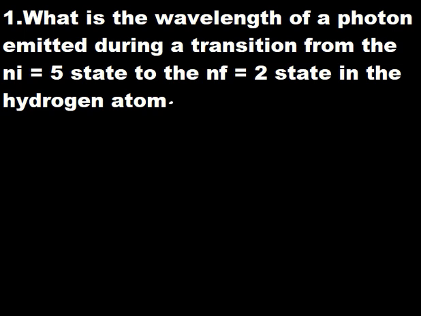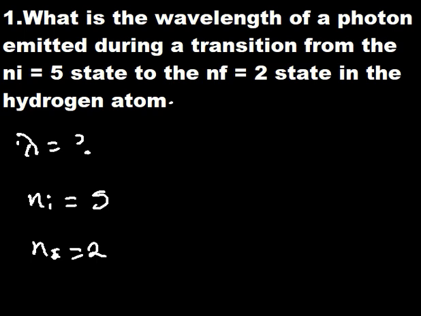Now let's say this is the question: what is the wavelength of a photon emitted? So we are looking for the wavelength, which is given as lambda, during a transition from the initial energy level, that is 5, to the final energy level, which is given as 2. So how should you find the wavelength? You start to understand that since there is a change in the energy levels, according to what occurred as